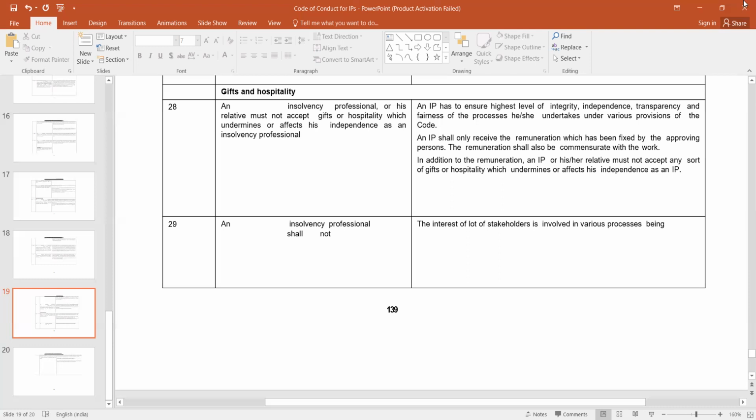So I think we can stop here. If anyone has any question, otherwise what we can do is you also share your experience, because most of you might have already appeared and you might have got this case study on professional ethics. So you can post the questions in the group so that we can frame 3-4 case studies on this. Our endeavor should be to frame at least 4 case studies on these professional ethics. So you please share your questions.